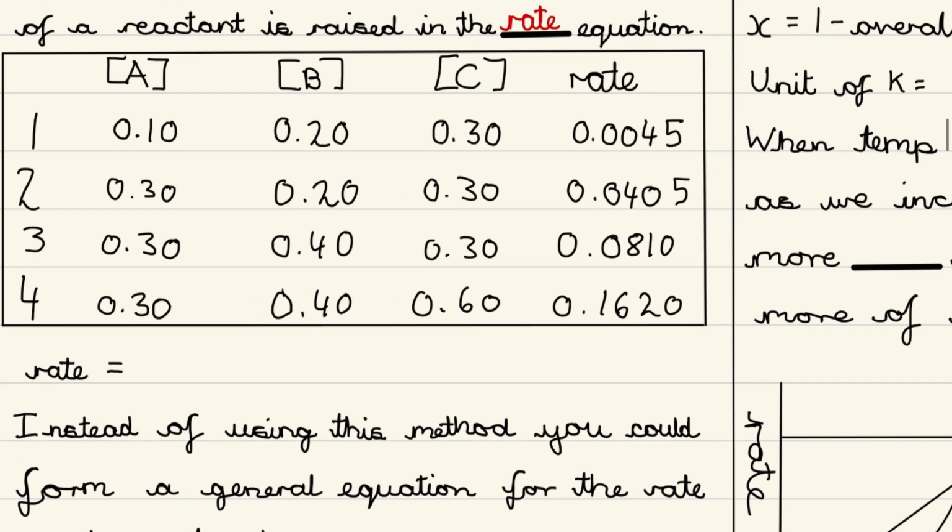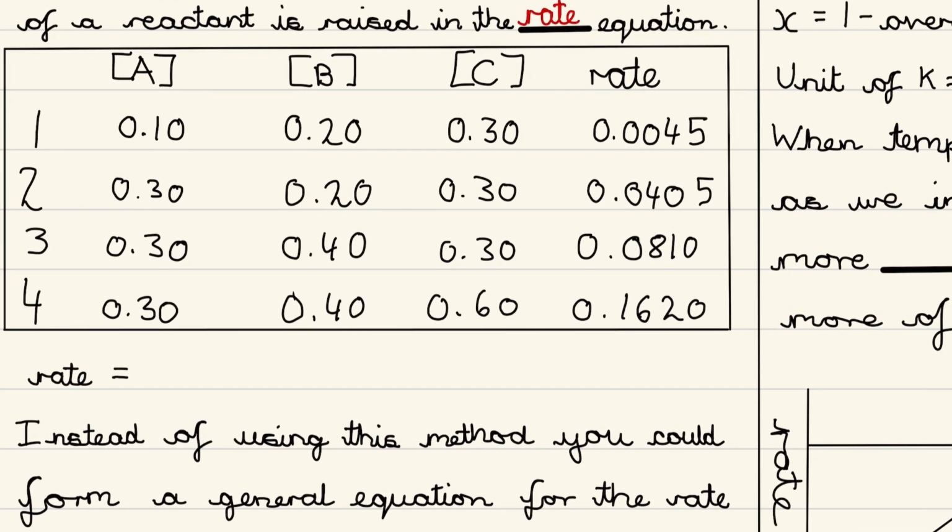So to work out the orders, I've got an example here. So for A, I'm going to use experiments 1 and 2, and the concentration of A increases by a factor of 3, whereas the rate increases by a factor of 3 squared. So this power 2 here tells me that the order of A is 2. And then for B, I'm going to use experiments 2 and 3, and that's an increase of 2 for the concentration, and the rate also increases by a factor of 2, but I'm just going to write a power 1, and that power of 1 tells me that the order is 1